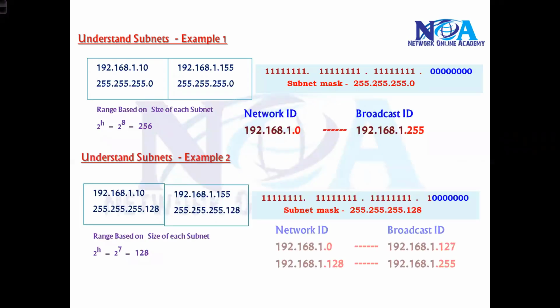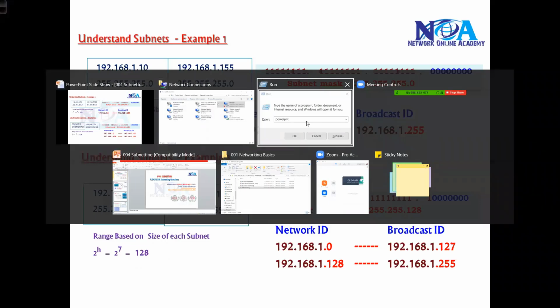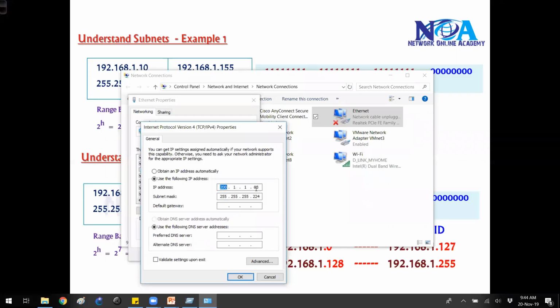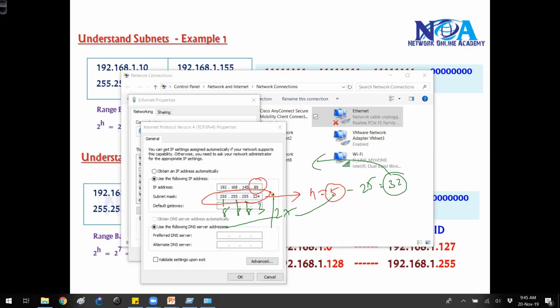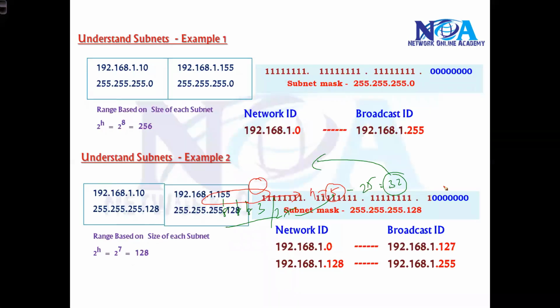The main thing you need to understand is that whenever you see an IP address, let's say I'm assigning an IP address to one of the devices, let's say 192.168.15.145 or 15, whatever it is. Whenever you see the IP address as 89, and you see the subnet mask of 224, automatically you need to understand that the host bits are 5, of course. Network bits are 8, 8, 8 and 3, that is 27, and 5 host bits. And the size is 2 to the power of 5, which is 32. Based on this, what is the network ID of 89?